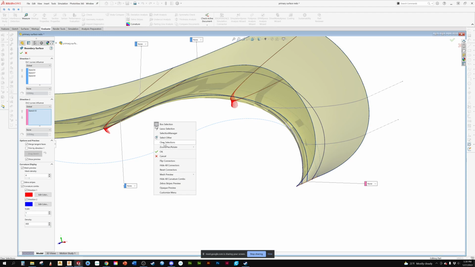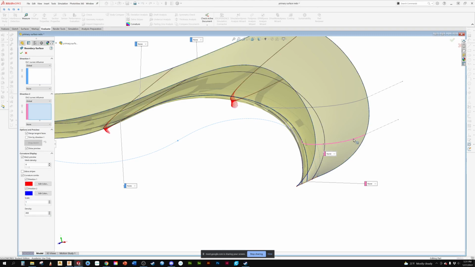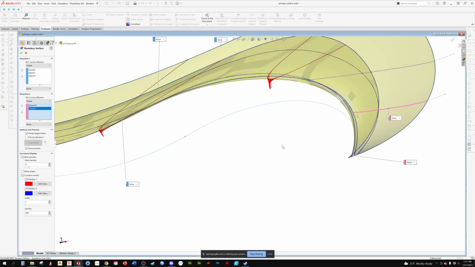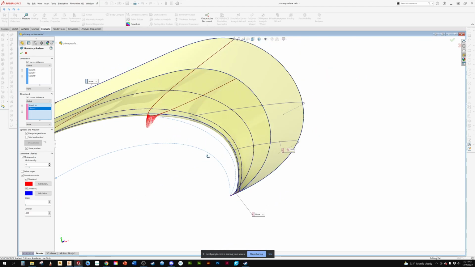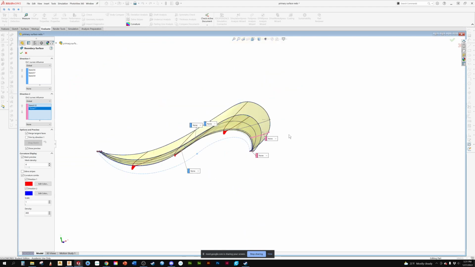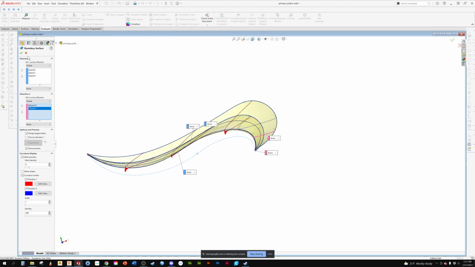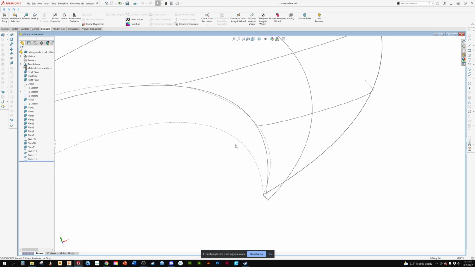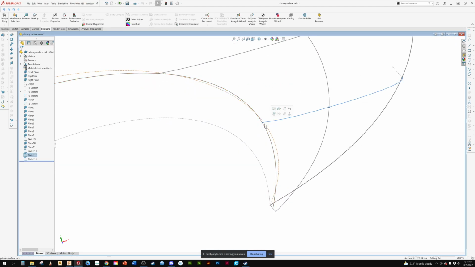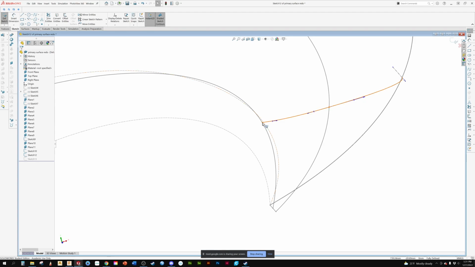Let's go with selection manager just to make sure it's not multiple sketches. I don't think it would be. Okay. So it's not giving me an error. Oh, come on, stop that. So I'm going to exit out of there. Okay,